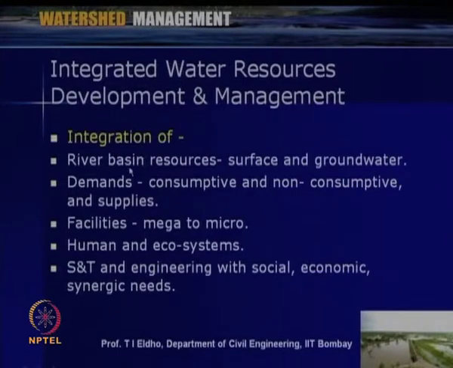It can be integration of river basin resources like surface water and groundwater. It can be integration of demands, like demands for agriculture purposes or non-agriculture purposes. So, that way consumptive demands and non-consumptive demands, and then how much water is available as far as supply is concerned. So, this IWRDM can be in terms of the demand and supply management, and then also we can talk